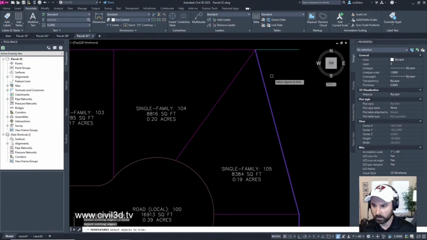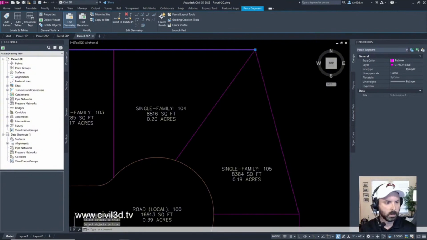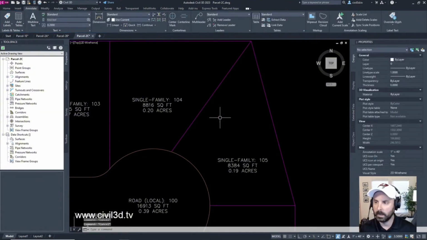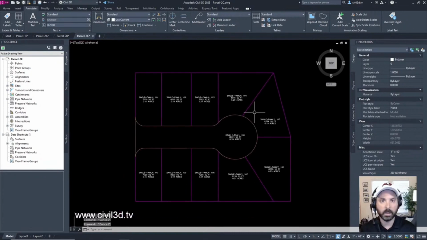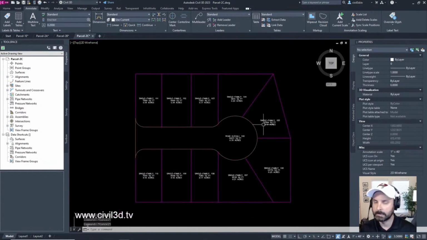Press enter. Then we're going to trim that, and press enter one more time. There we go. Exit out of the command, or escape out of the command. And there you have it.